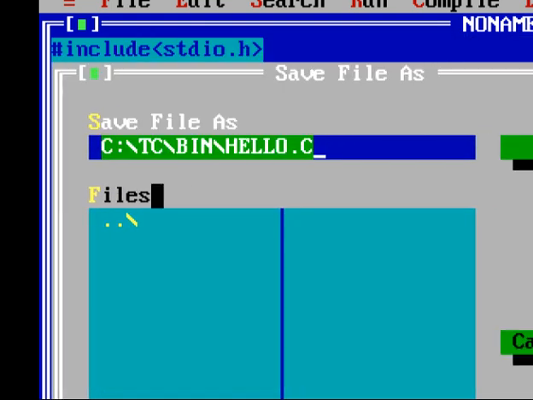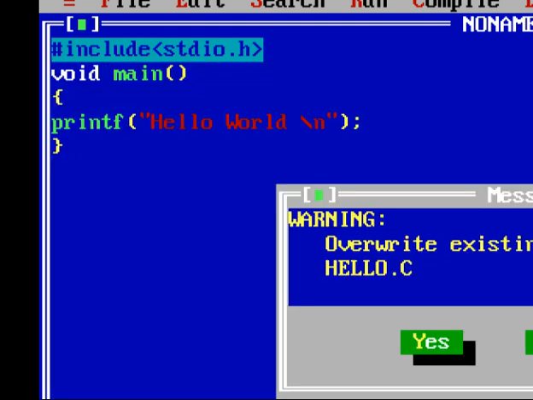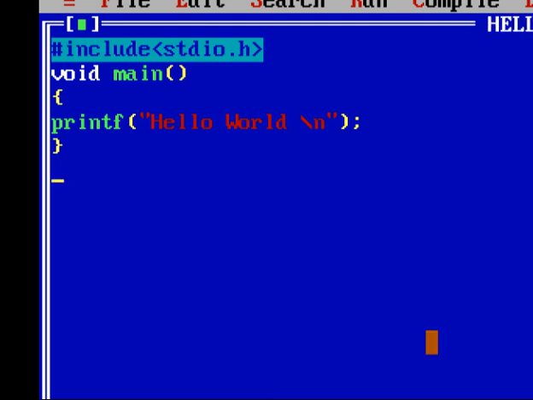After giving the file name hello.c, click on the OK button. It asks to overwrite, yes. The file is saved as hello.c and compile the program. Alt